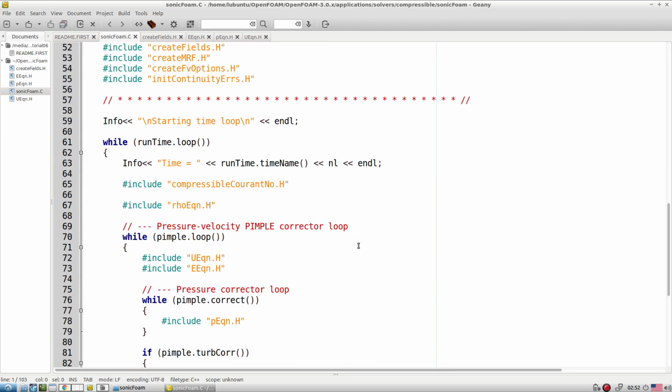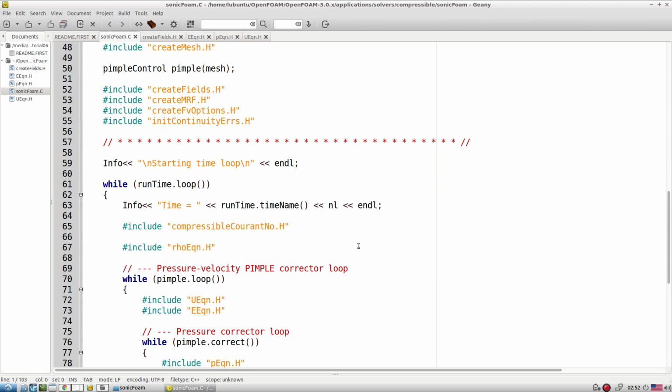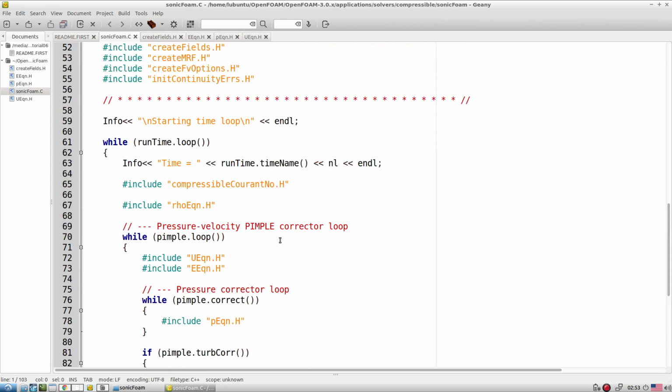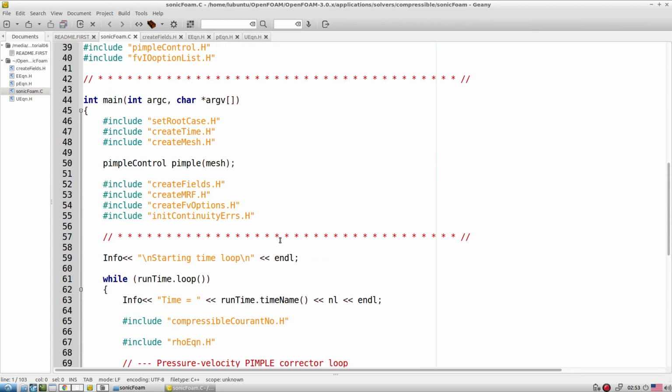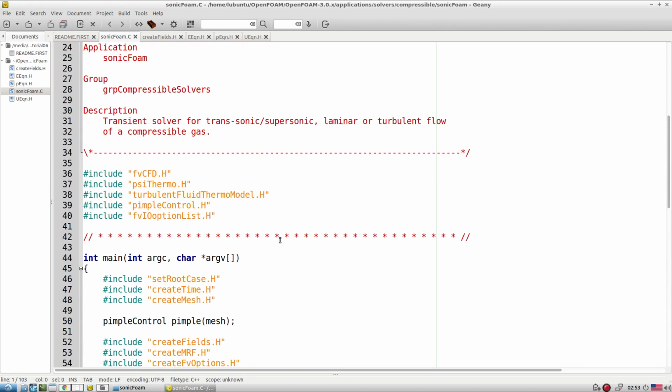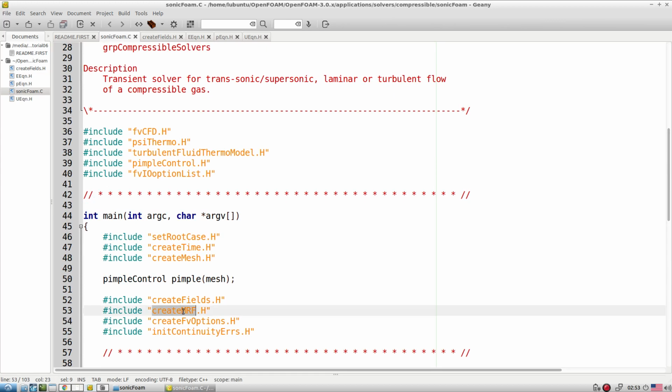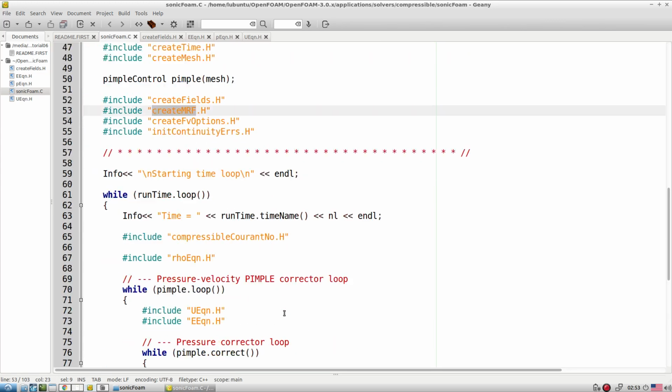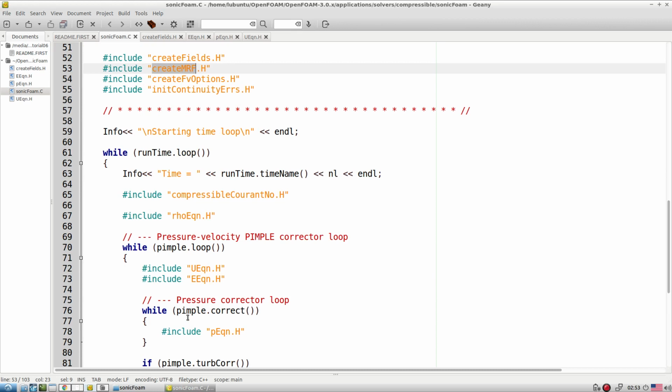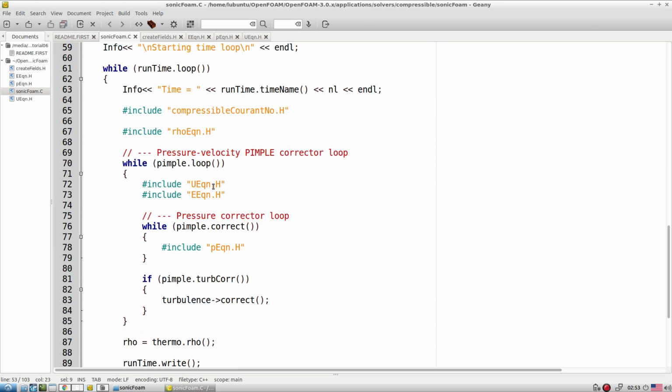Okay, so till now we are working with the pressure based compressible solvers. We didn't look at the density based. So there is a different variety, either you go with the pressure based solver or the density based solver. So this is about the pressure based solver, and this solver gives you the MRF based calculation as well. It is based on the PIMPLE algorithm, where we solve the U equation and the energy equation.